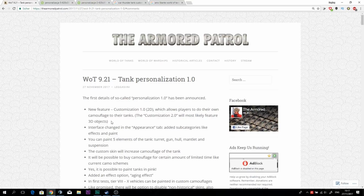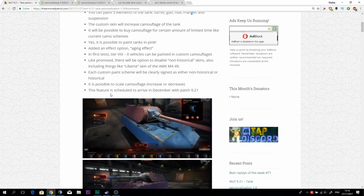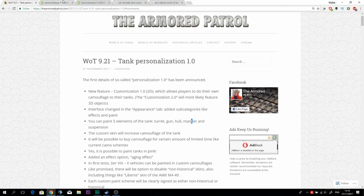Then the interface changed in the appearance tab, added subcategories like effect and paint. You can paint 5 elements of the tank. That's the turret, the gun, the hull, and the mantlet, and the suspension. And I'm sorry for the not that good quality. The pictures are sadly not the best quality, as you can see, but this could look like this. You can paint your mouse with a pink turret, pink barrel, blue mantlet,